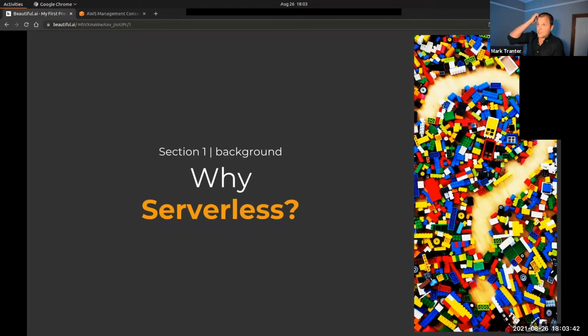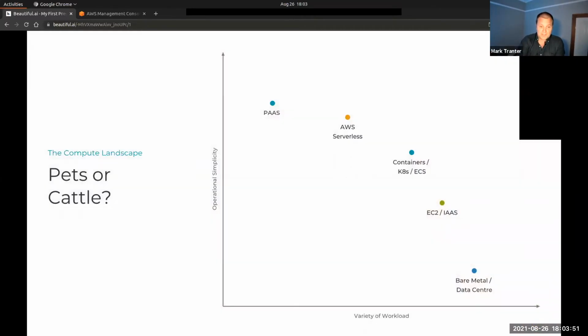I want to kick off with a little bit about serverless, why you would use serverless, how serverless compares to other compute models. I've blocked up this little diagram. We could probably argue about this all night. Everybody has probably heard the phrase pets versus cattle. I've knocked up this quick chart of various computes and where I feel they sit on a matrix of the heterogeneity of workloads that they can run on one side versus how simple they are to operate. So obviously, if you're running on bare metal in a data center or in some sort of IoT device, you can run whatever you like.